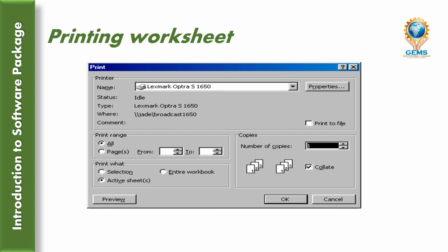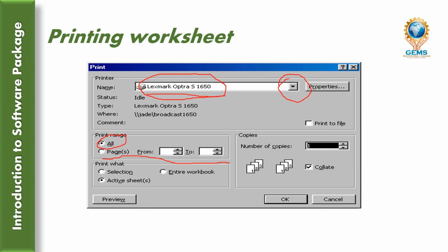Here the first one shows which printer you want to use for printing purposes. You can click here and in this drop-down menu you can select the particular printer. Then the range: if you want to print all pages or particular pages, from 1 to 20, likewise the range of pages you want to print.